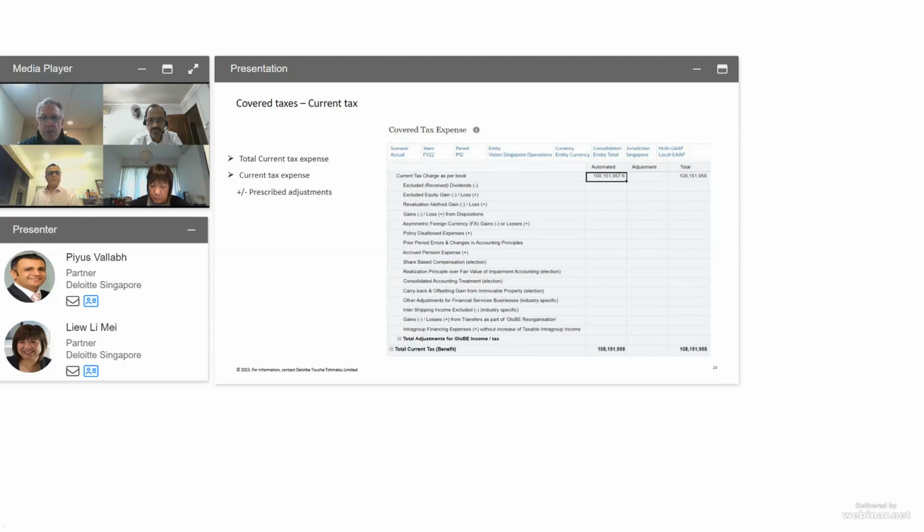So the covered tax expense is broken up into several different pieces, including current tax expense, current tax charge as per book, the deferred tax amount as well, and then other adjustments. In this template, you can see that we're pulling in the